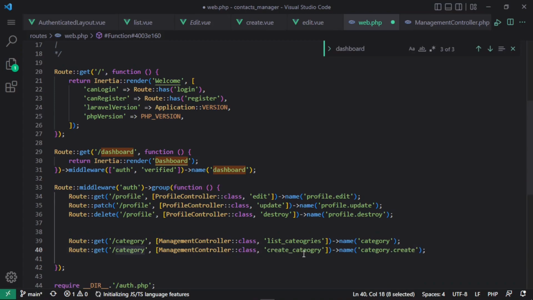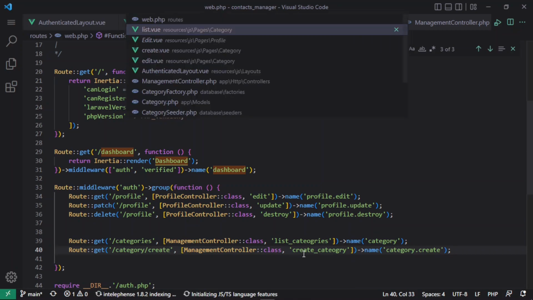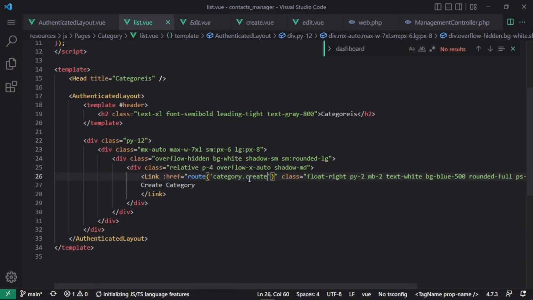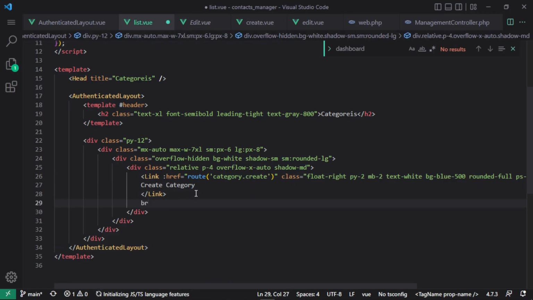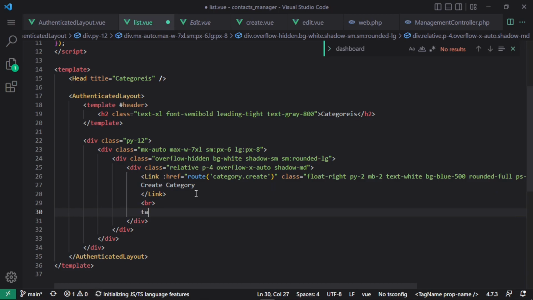I think it should be categories. This should be category slash create, like this. I'm going to go ahead and, yeah, that is it. So now here let's add a br. Oh, and then we will have a table. So a table with the following classes,